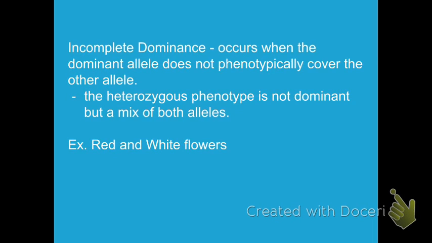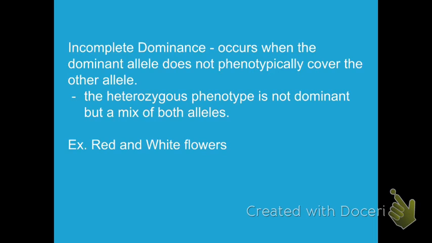All right, so now we're going to cover incomplete dominance. Incomplete dominance occurs when either allele is not completely dominant over the other. So, there is no real dominant allele. It's like they're both kind of equal, so to speak. It occurs when the dominant allele does not phenotypically cover the other allele. So, the heterozygous phenotype, when both alleles are present, is not one or the other, but actually a